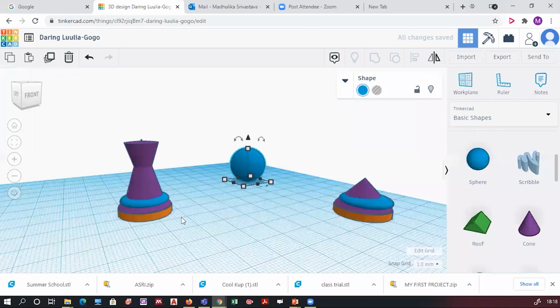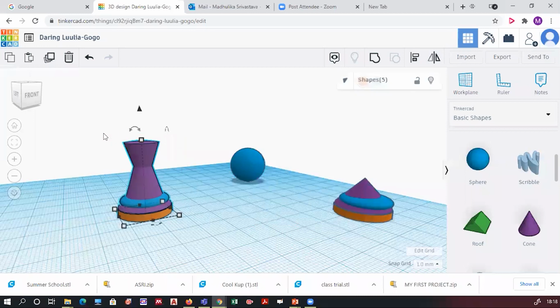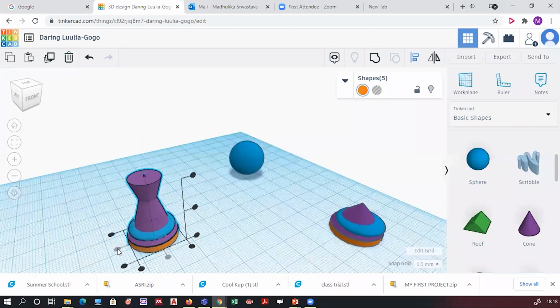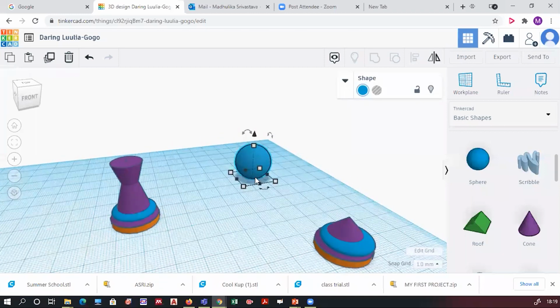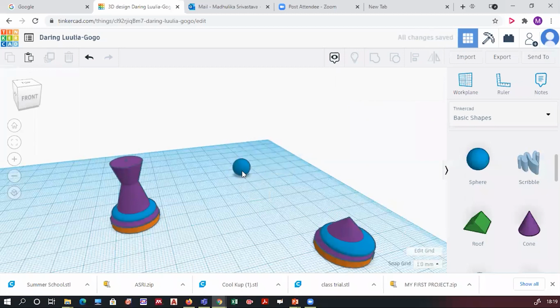Last alignment: I selected all the objects together, clicked on align, and aligned all the objects together by clicking on this center dot, the center one. Fine. The last step, take a sphere. Now reduce all the dimensions of the sphere to 10. All the dimensions means the diameter to 10, the height to 10, everything reduced to 10. Make it a small sphere.